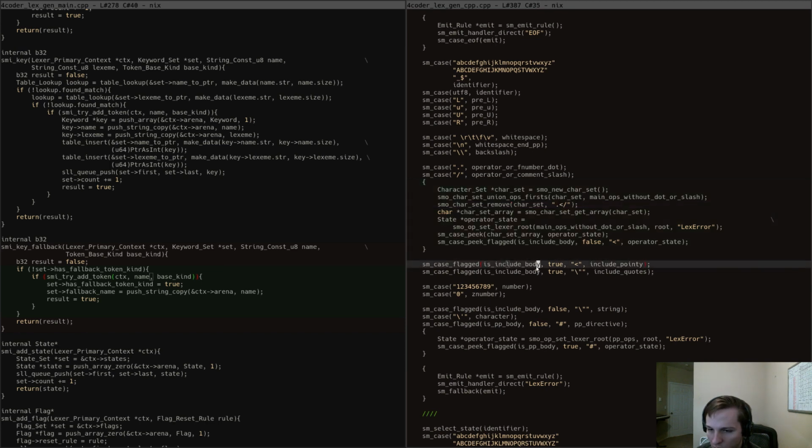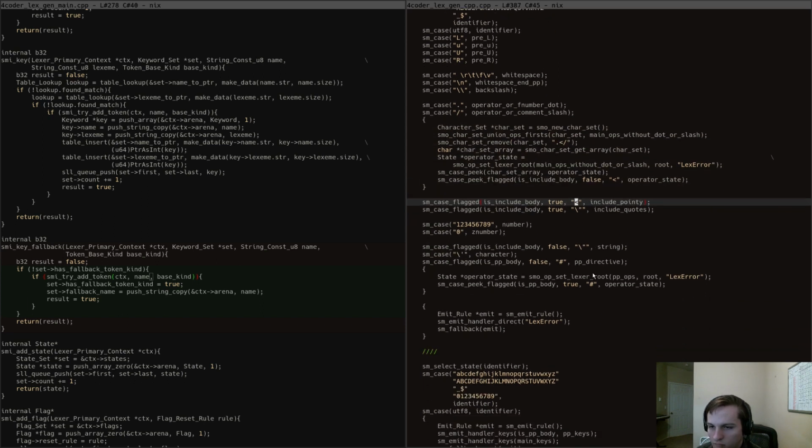If we're trying to do an include, then the less than sign should be interpreted as the beginning of an include parameter, basically. So we can see we're doing a case that has a flag check on it. Is include body false? Is include body true? Right? So this is a situation where, as I was saying before, if I see the less than sign,